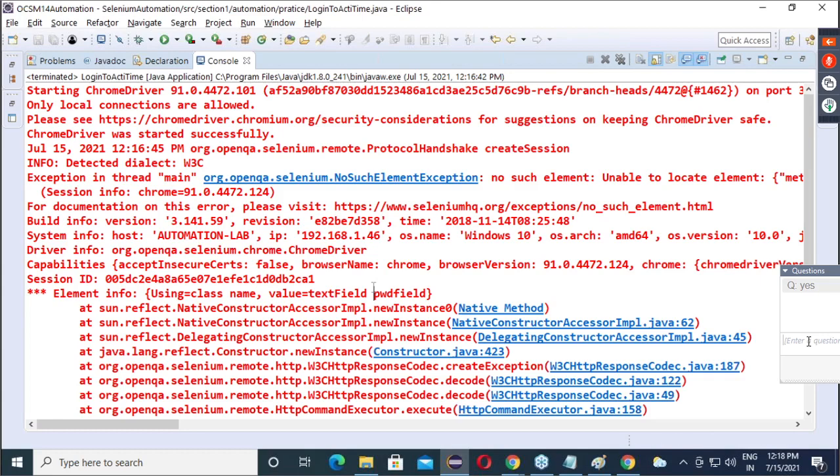Whenever the location we give for find element does not exist in the HTML document, meaning the find element method is not able to locate an element at the specified location, then we will get no such element exception. There is no element available with that locator value. Is everyone clear? This is exception number 3.